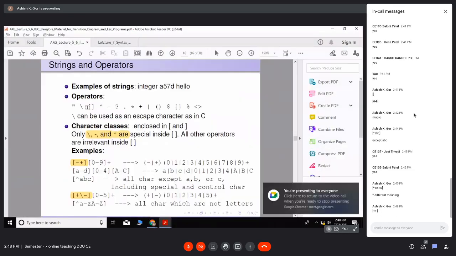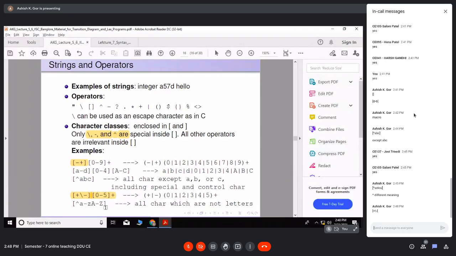And then followed by 0 to 5 plus, so one or more occurrences of 0 to 5. What is the meaning of that? It will match with anything but not any alphabet. So all characters which are not small letters or capital letters will match. So remember this.